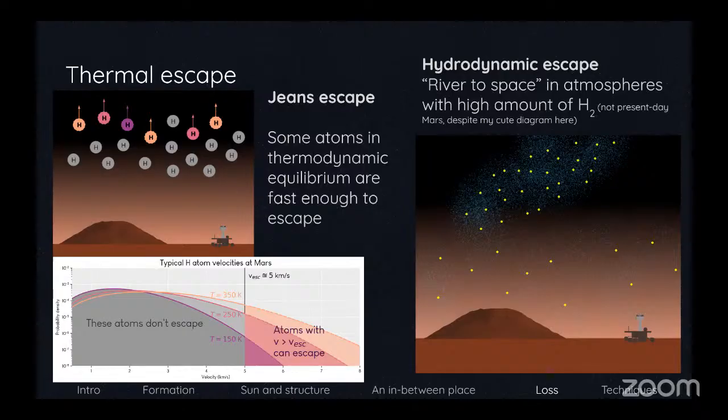So that not only removes hydrogen from the planet, it may also remove larger species that get sort of trapped in this flowing out river. So this is one way that we can remove secondary atmospheres. It may also be the process through which primary atmospheres are removed, so this one sort of straddles the line there. Okay, so these are both thermal.